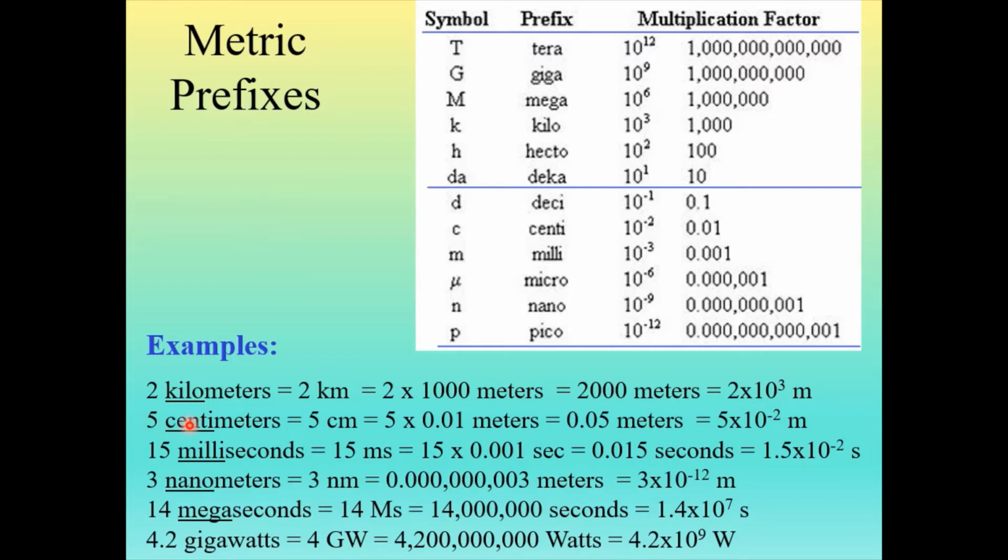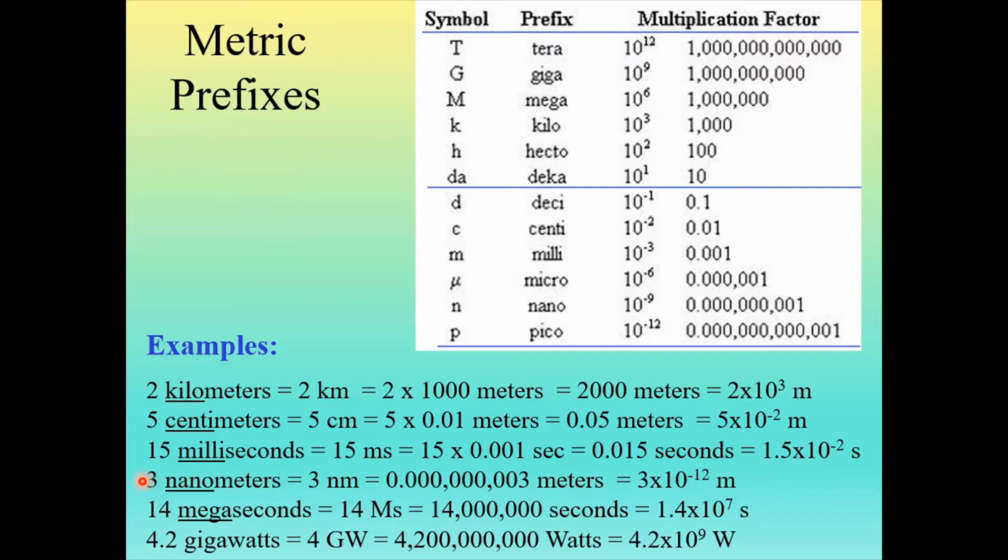5 centimeters, or 5 cm. Well, centimeter is 1/100th of a meter. So it's 5 times 0.01 meters, or 0.05 meters, which is 5 times 10 to the minus 2 meters. 15 milliseconds, or 15 ms. Well, remember, milli, if we look up here in the table, is 10 to the minus third, or 1,000th, 0.001, which I wrote here. So this is 0.015 seconds, or in scientific notation, 1.5 times 10 to the minus 2